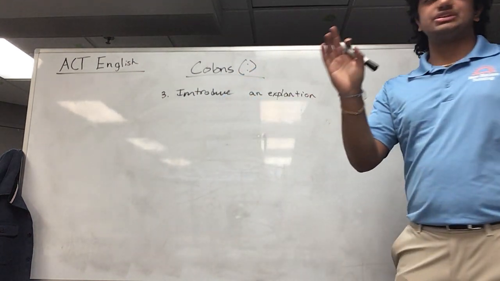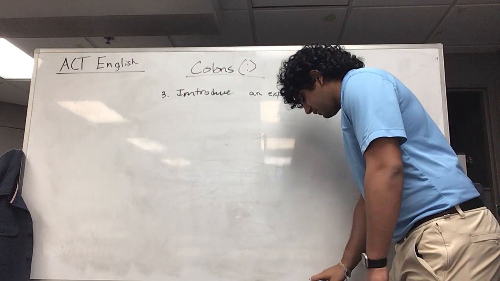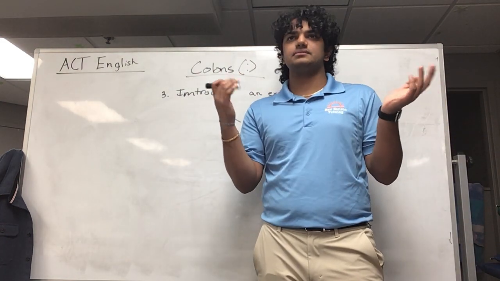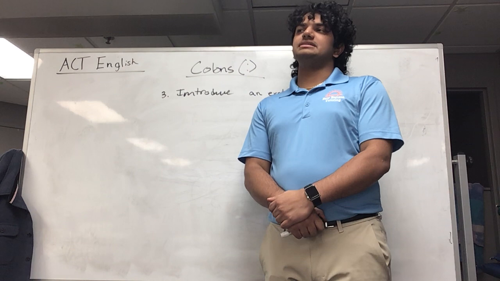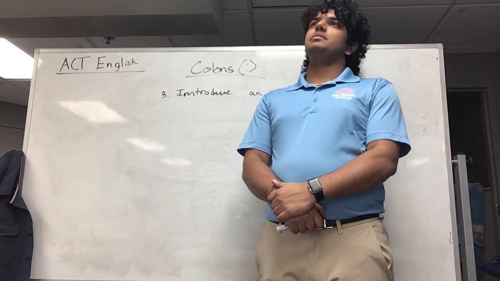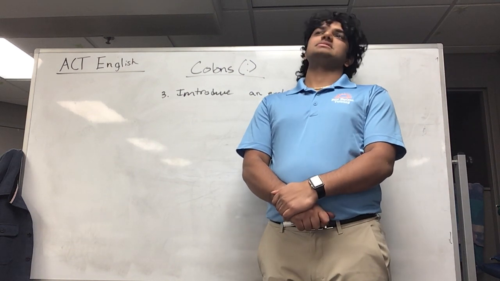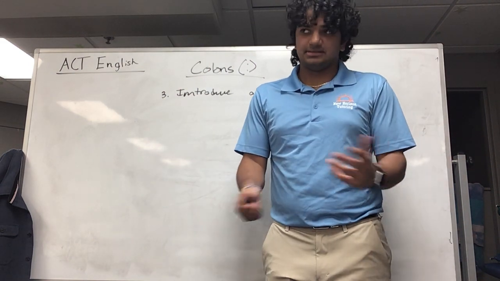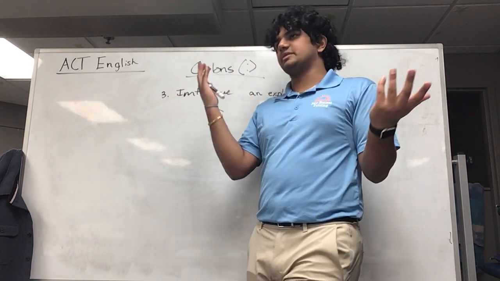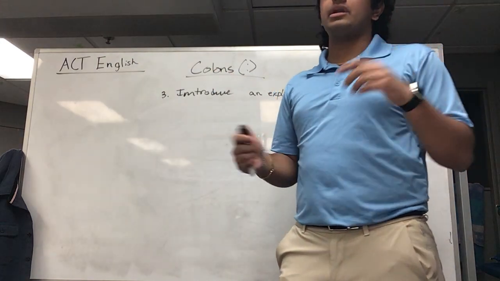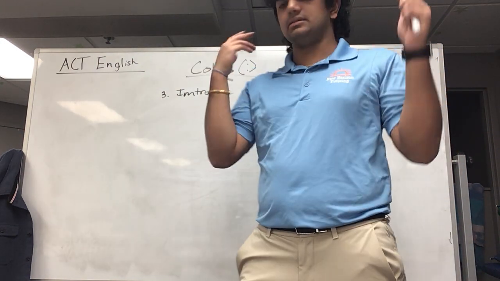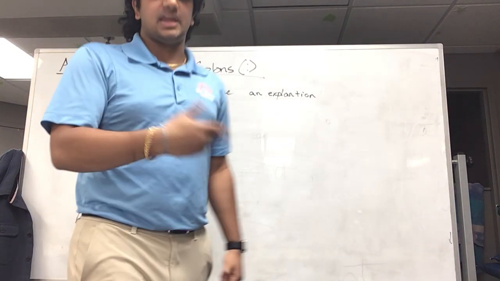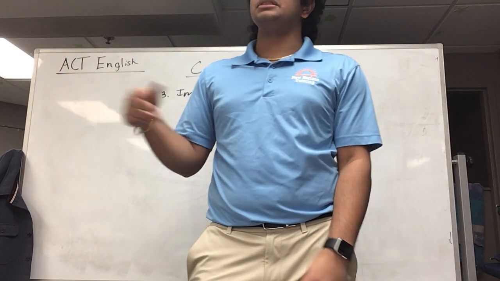But explanation or clarification. Now, I'm not going to write this example for the sake of time, but it could be something as obvious as the ACT might say, let me clarify what I meant by this. So let's say we're talking about the word genius. That can mean a lot of different things. So let's say I'm explaining and I say, let me clarify what I mean by genius, colon, someone who is really, really, really smart. And you'd put commas in between all those reallys because they're adjectives. But anyway,